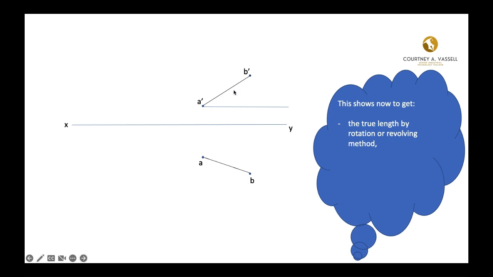The first thing we want to do is draw lines parallel to XY from each end of the line. So from A prime, we draw a line parallel to XY. From B prime, we draw a line parallel to XY. From A, we draw a line parallel to XY. From B, we draw a line parallel to XY. So all these lines are said to be parallel. Now, because we want to determine the true length of AB,